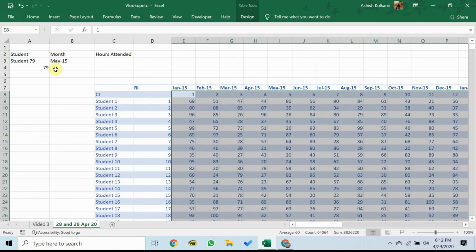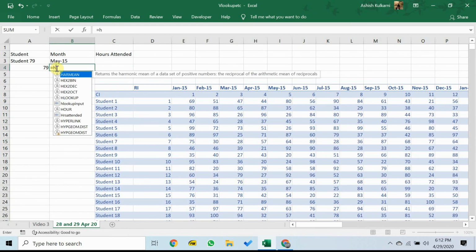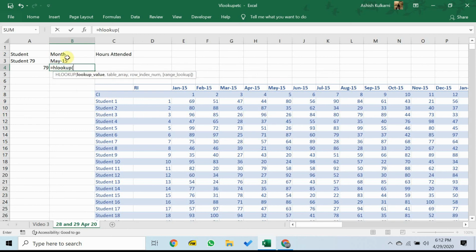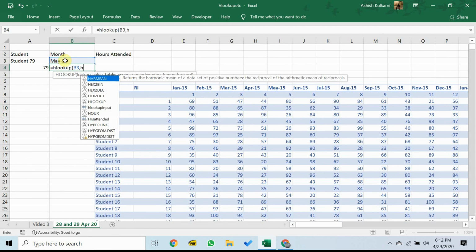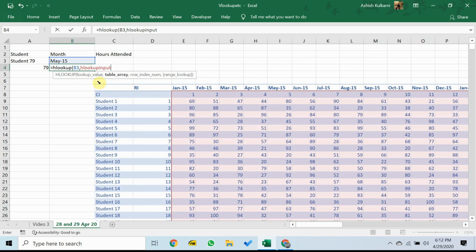Okay. Now entering the HLOOKUP formula becomes simple. By the way, VLOOKUP stands for vertical lookup. HLOOKUP, obviously, stands for horizontal lookup. So under HLOOKUP, we say search for this value, search for it where? In HLOOKUP input, automatically the entire array gets selected. So if you will remember, VLOOKUP we did without named ranges, HLOOKUP we did with named range. I argue it becomes easier to do it with a named range, but it's entirely up to you. Comma 2 because we want the second row, which is where the row index number is mentioned, comma 0.